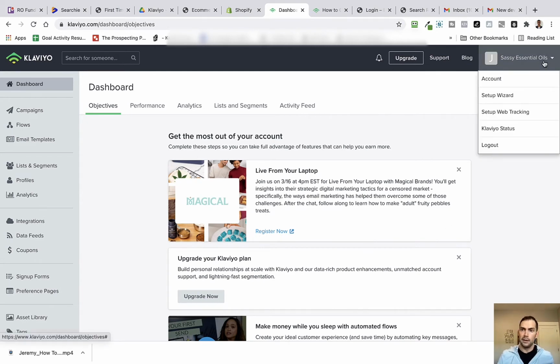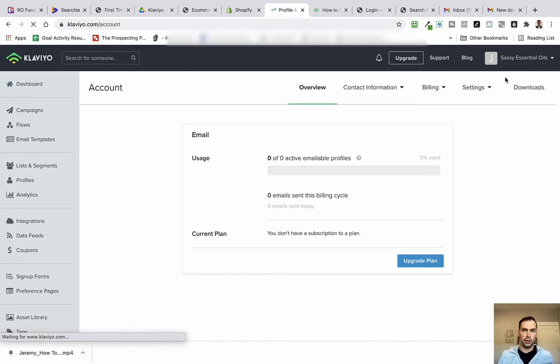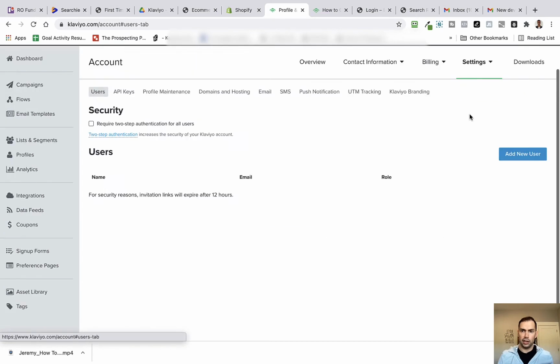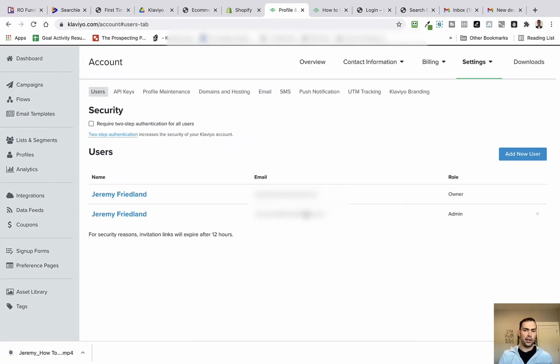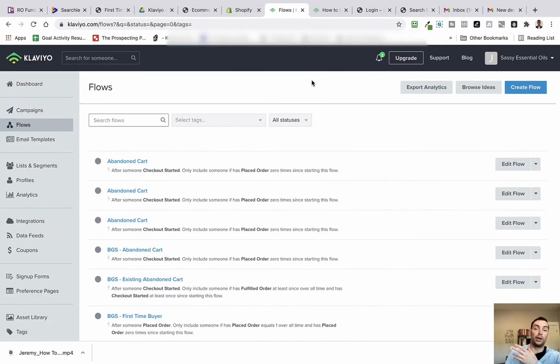So how you do that is you go over here to your user profile, and you go to account, and then all you do is go to settings and users, and then you'd want to add your account email to the account that you want to transfer to as a user. And then like I said, go into your other account that you're transferring to and add your primary account as a user. Okay, so now that you have added yourself as a user to both accounts,